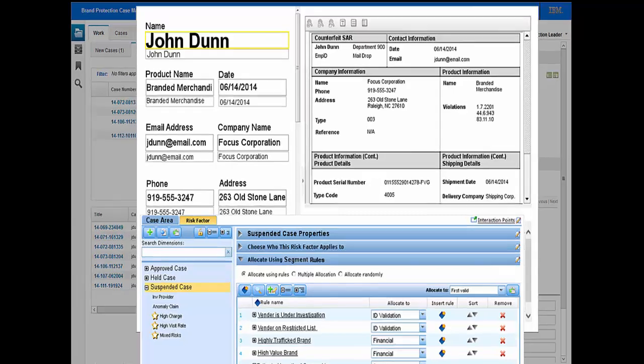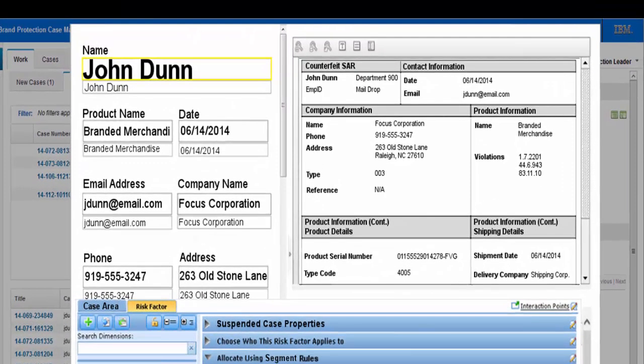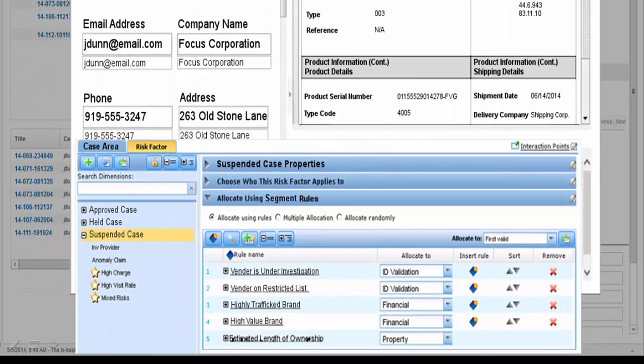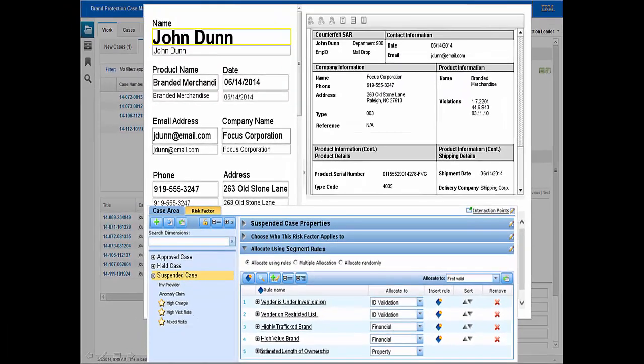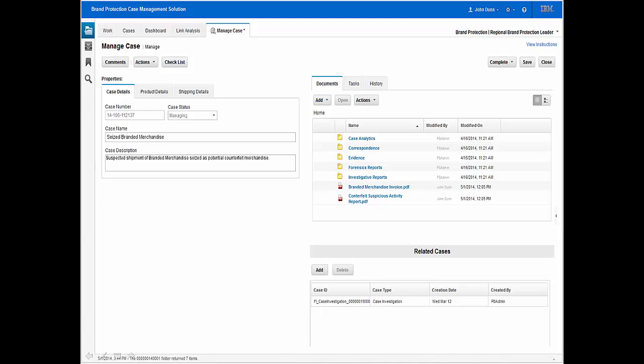Product documentation, such as the shipping instructions, have been captured, with key metadata extracted, classified, and scored based on risk profiles. In this instance, a new case was automatically opened and shipped to the brand protection leader for investigation and processing. John has opened the new case, formatted to highlight the key information needed to begin his review with case